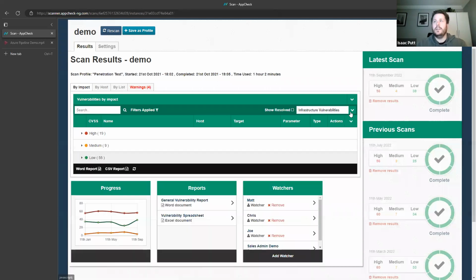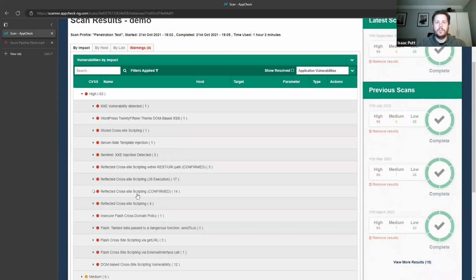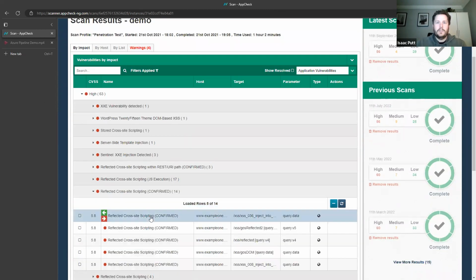But in web application is where you're going to get a different level of information based on the nature of the vulnerabilities that could be found. So now if I click into high and then just scroll down to, we'll just take cross-site scripting as an example. And I'll just click into this top instance of where this cross-site scripting has been confirmed and located, and just click into that here.